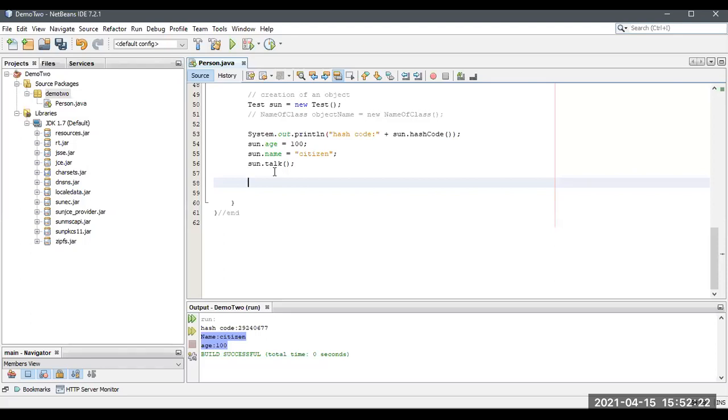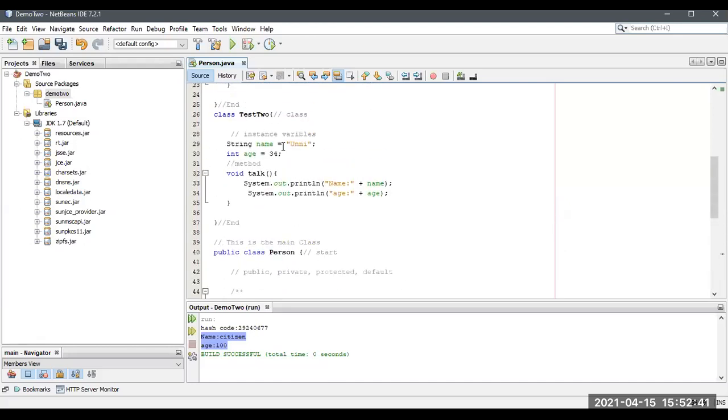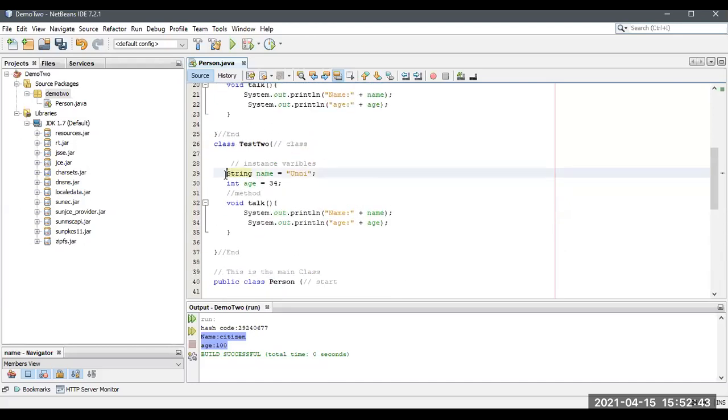If you want to learn, you have to know how to create an object, how to create a class, how to access an object. What do we do if the object has private members? Sir, you might ask a question: if the Test class has a private member, let me declare a private access modifier.